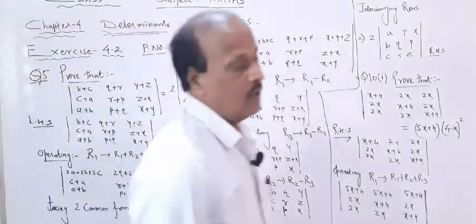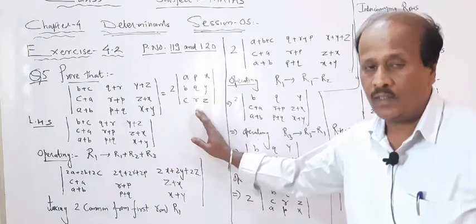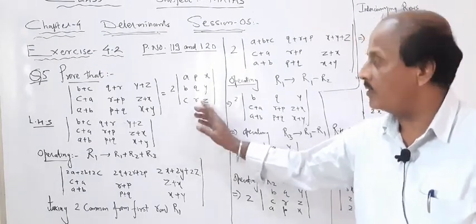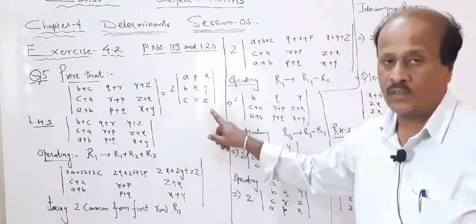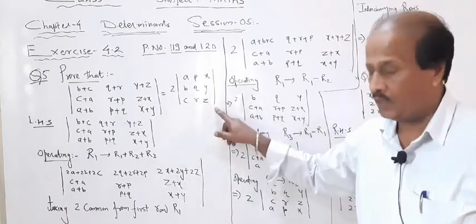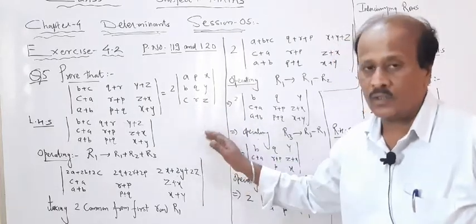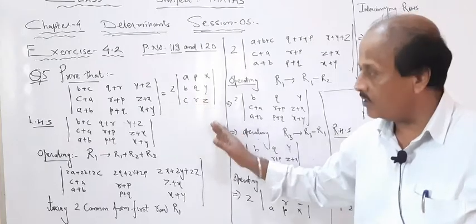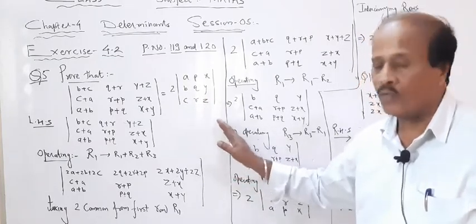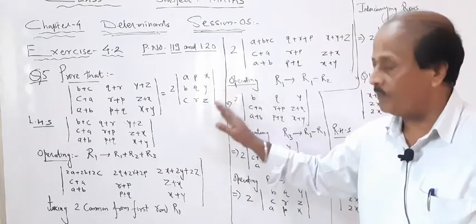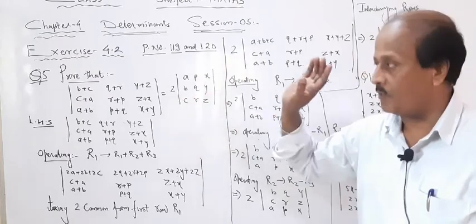This question is slightly typical, different from the other one, because here the question is in the form of a determinant as well as the answer is also in the form of a determinant. So, you will have to follow certain definite steps. Yes, this question can be done in some other ways, but I thought this method is a simpler one. Practice this method. One or two examples also depend on these two methods. So, this is question number 5 of exercise 4.2.